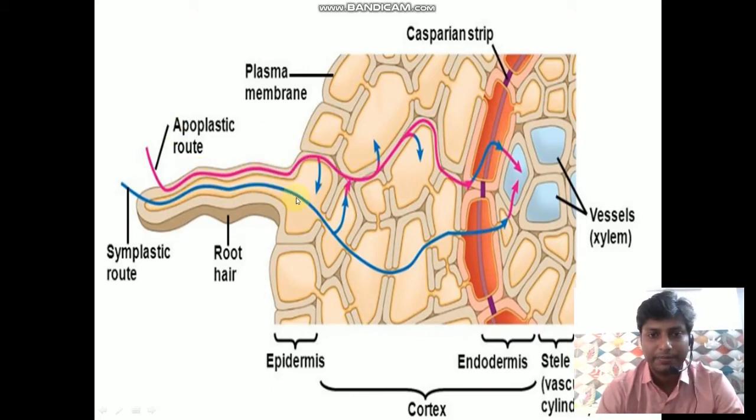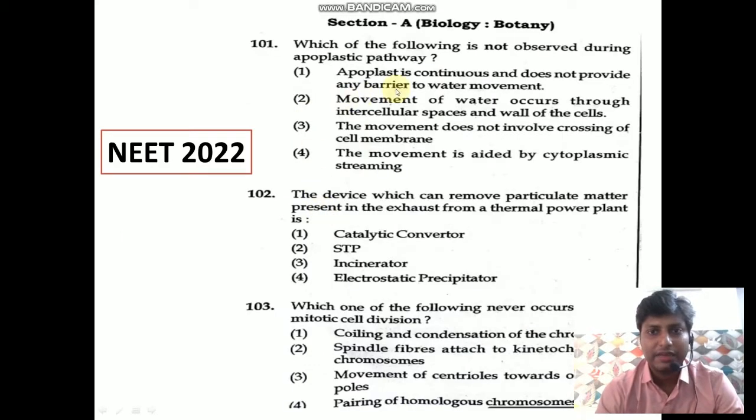Whereas in the symplast pathway, the water actually travels from inside the cell, and as you can see, from inside the cell there are these spaces, and these spaces are known as plasmodesmata, dear students. So coming back to the question, as they have asked us what is not observed in the apoplast pathway,